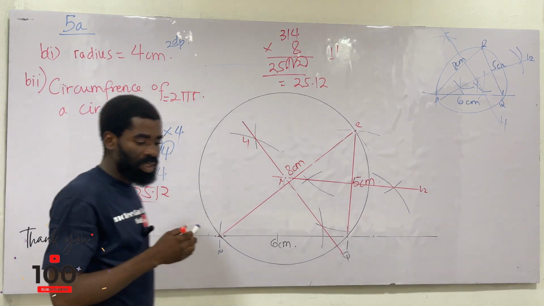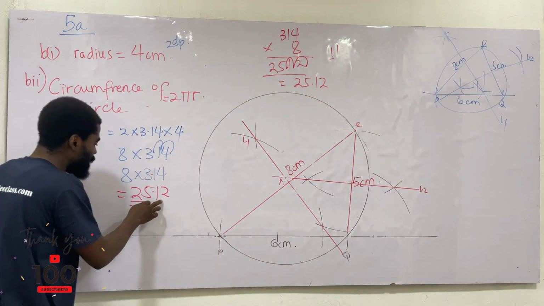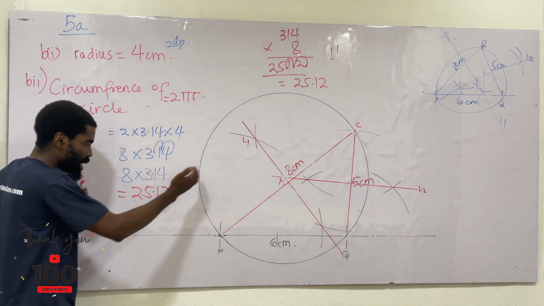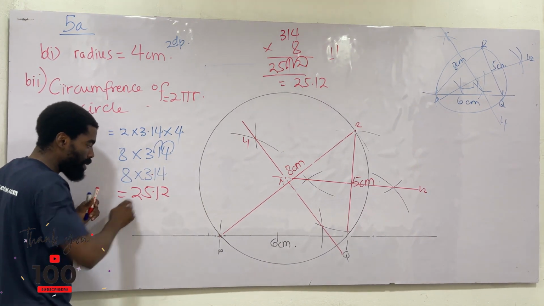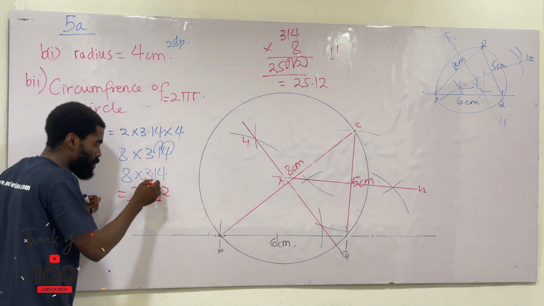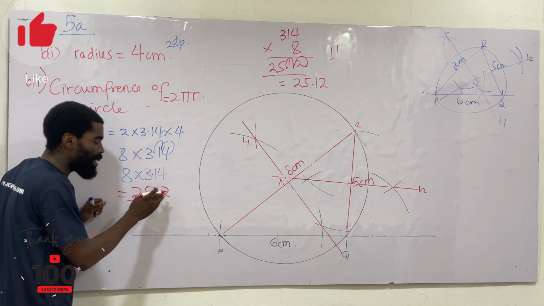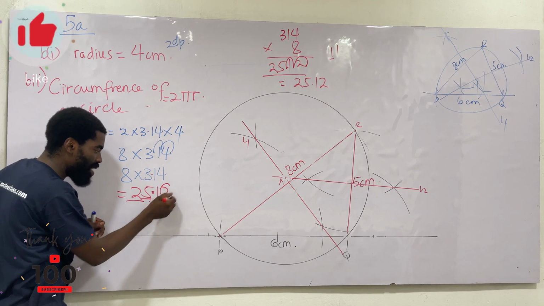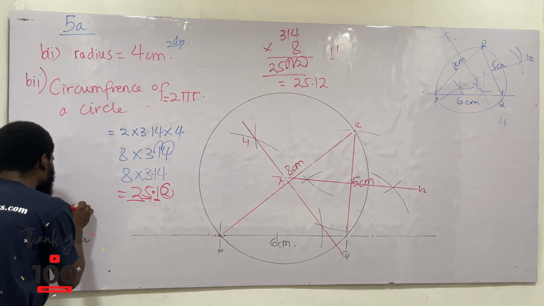But it's not the final answer. The question said that we should leave our answer in 3 significant figures. That means we should see only three numbers, counting from the whole number side. This is my first significant figure, second, and the third one. The moment you get your third significant figure, take the number after the third. If it is 5 or more, add 1. If it is 4 or less, maintain. The number after the third significant figure here is less than 5. So therefore my circumference